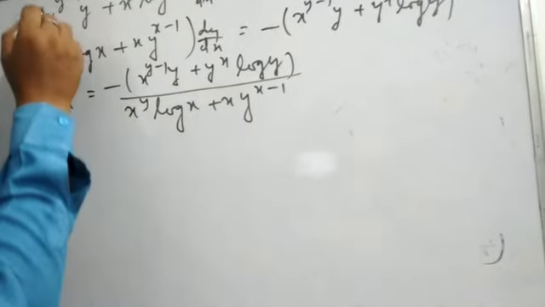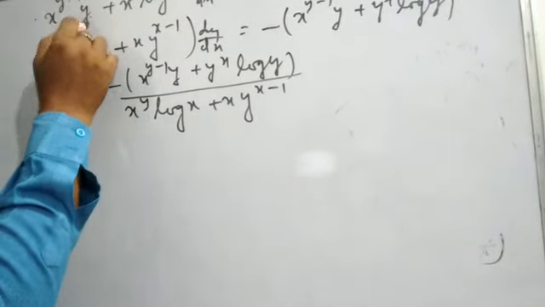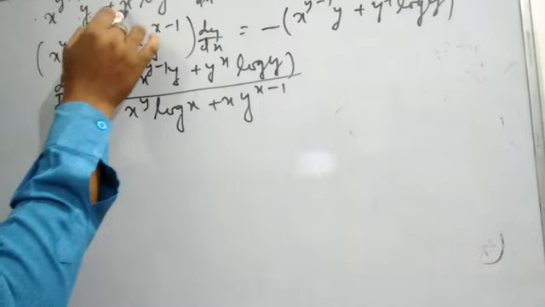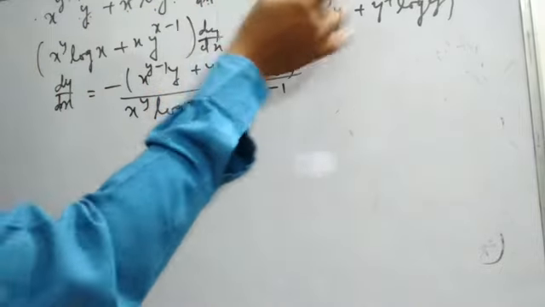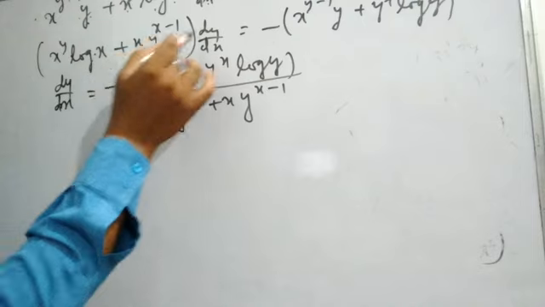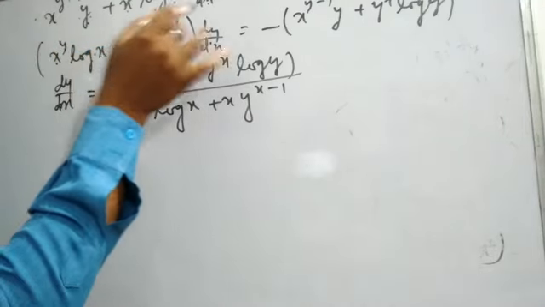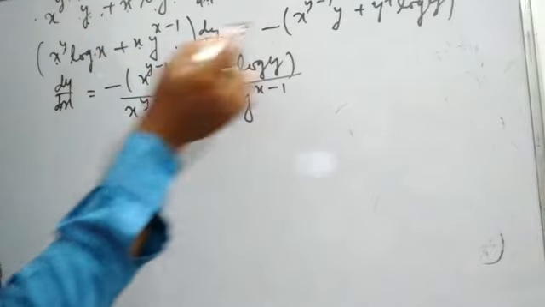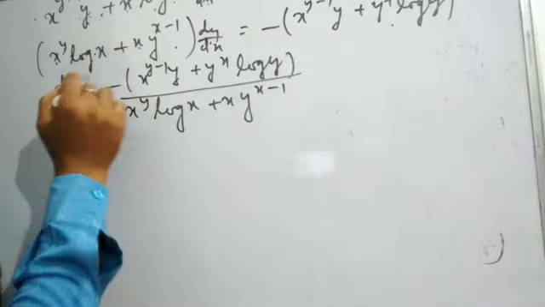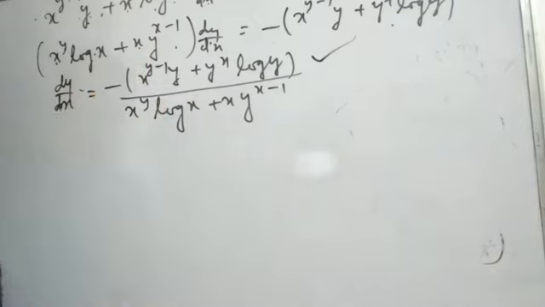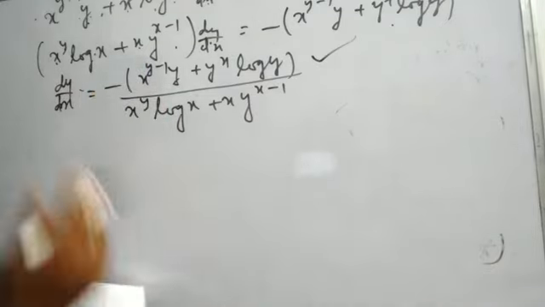So it will be x to the power y minus y into y. After multiplying it, x to the power y log x dy dx, in a similar manner. Then dy dx take one side, it will be x to the power y log x plus x y to the x minus 1. After multiplying it, you get this value, then dy dx is equal to this one. So now in a similar manner we can do question number 14 easily.